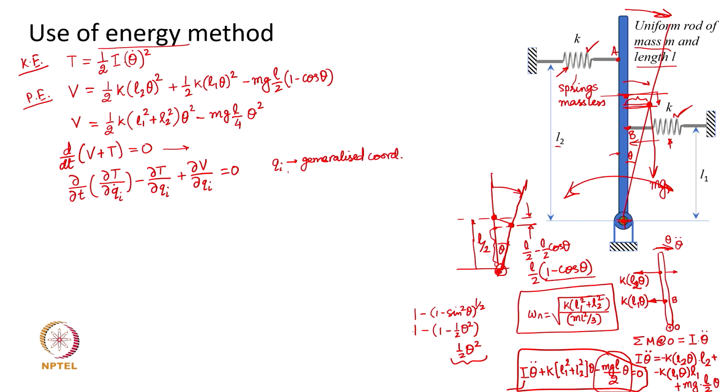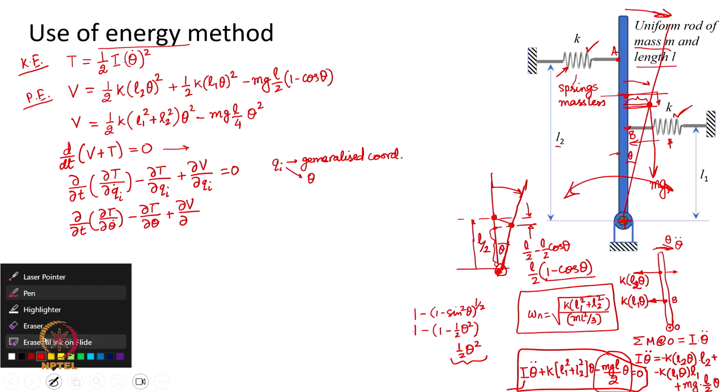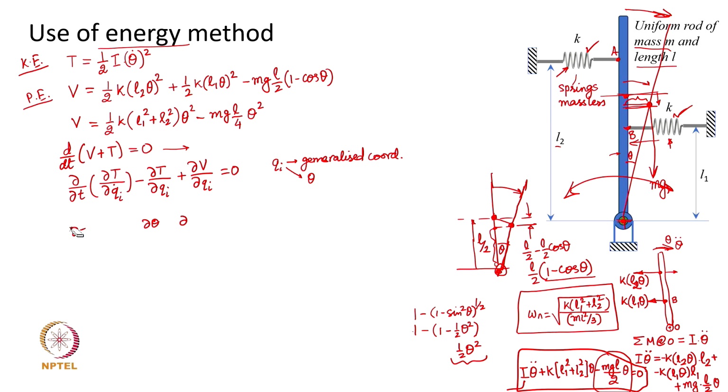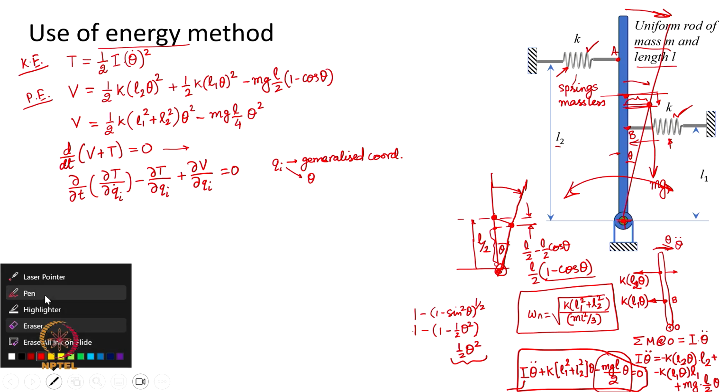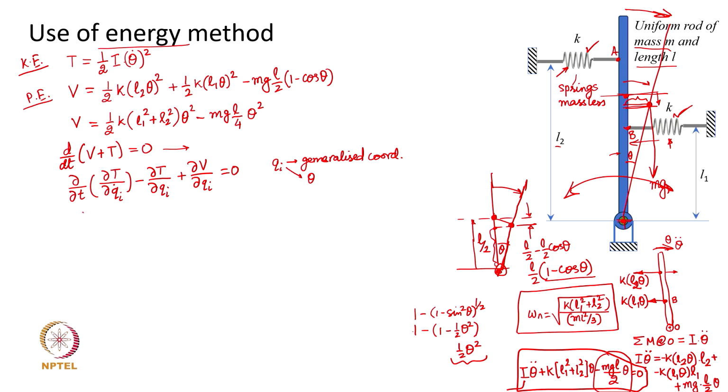Now, in our case this generalized coordinate is theta, and therefore, this equation would read d/dt of dou T over dou theta dot minus dou T over dou theta plus dou V by